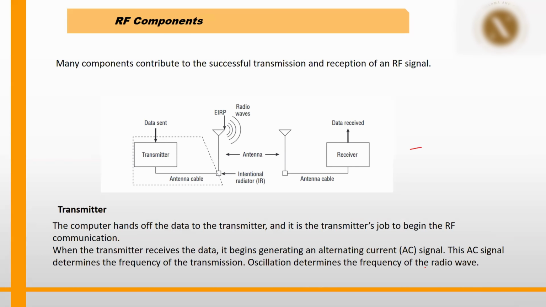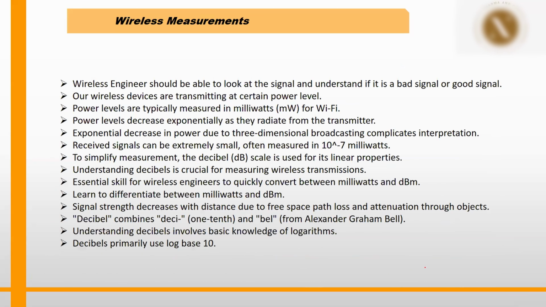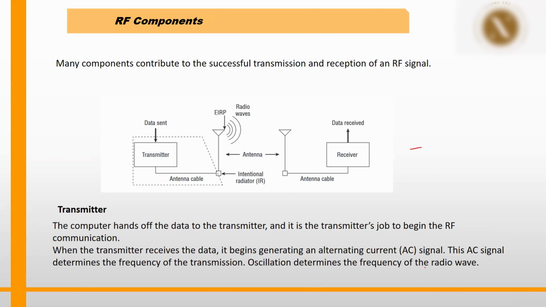Transmitter. So these are the RF components. We will just cover the RF components and close for today. And tomorrow we'll go for the wireless measurements. So RF components. You might be curious to know how these signals are generated and propagated in a Wi-Fi space. Obviously, we have an AP. In tomorrow's session, if possible, I will show you the inner picture of the AP, which has different components in it. That is called a